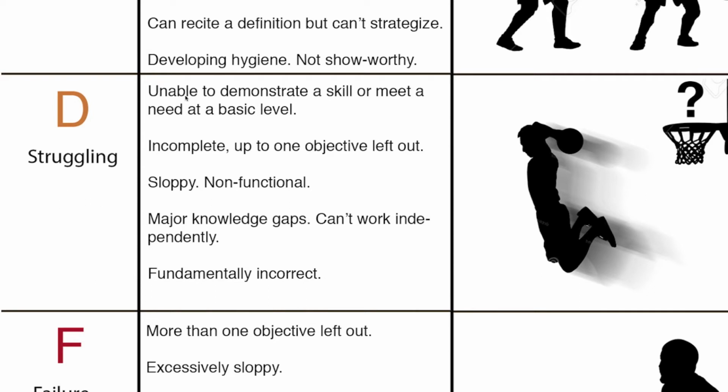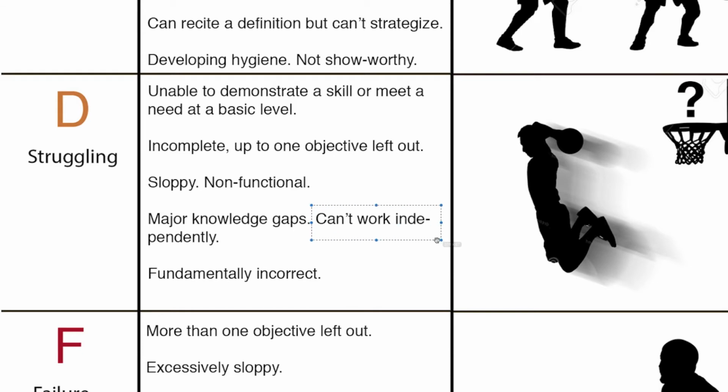A student at D level is unable to demonstrate a skill or meet a need at a basic level. Oftentimes this work is incomplete and up to one objective is fully left out. D-level work is typically very sloppy or non-functional. If it's required to stand on its own, it doesn't stand, or it needs some intense scrutiny to understand what exactly we're looking at. For concept, D-level work has what we call major knowledge gaps, meaning that the student is